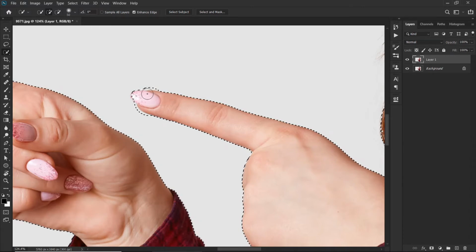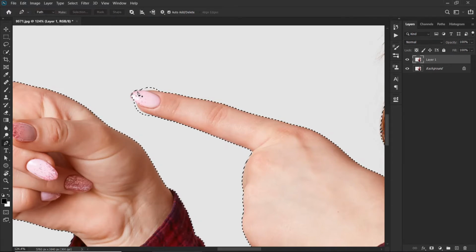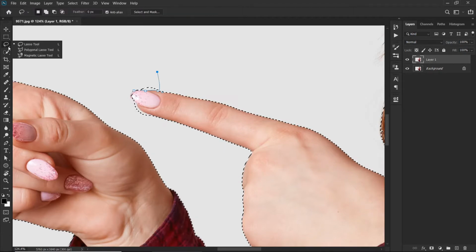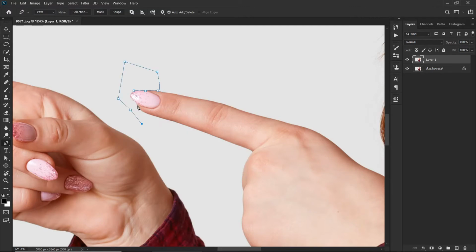Or even if you know how to use the pen tool, then you can simply use the pen tool to make the final adjustments. As you can see, I have switched to the pen tool, and I will make my selection here. So let me just quickly wrap this up. And if you don't know how to use the pen tool, then you can simply use the direct selection tool, or the rectangular selection tool, polygonal tool, lasso tool, and a lot more. Here we go. Yeah, that looks great.